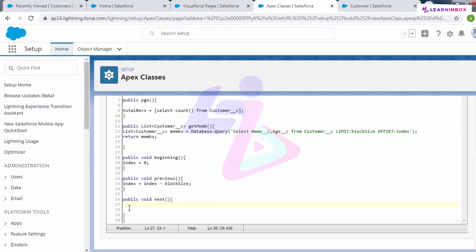So it would be index equal to index plus the block size, because whatever index you are referring to, when you click on the next button, it will add the block size to that particular indexed record. So that is the logic for my next button.